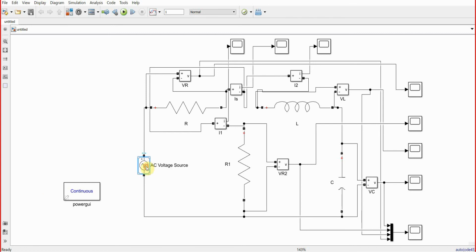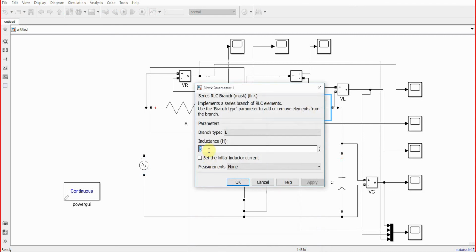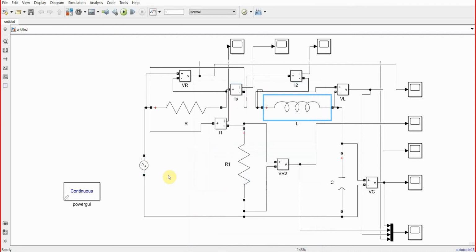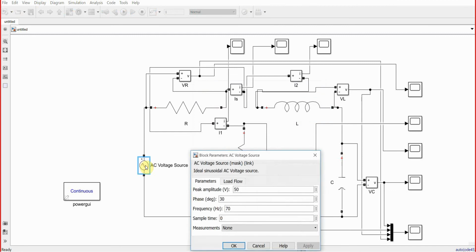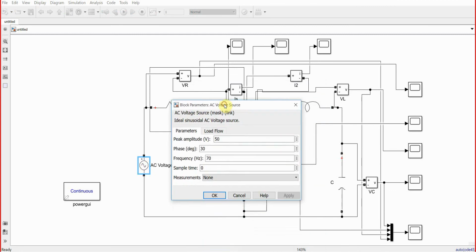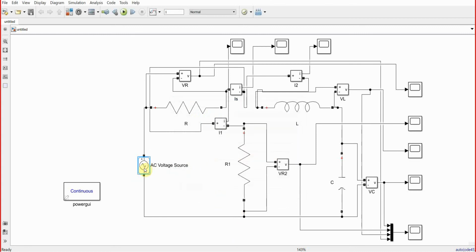For example, if you change any element like this L, I can change its value. So you're gonna run again, you're gonna end up with different results and so on. Like for example, if I change this voltage, let's say the peak value, I'm just gonna assume that I do have 0 frequency. It means that there is no wave. Okay, and the phase angle is also 0. So it means that it should be like DC voltage. Then if you run,